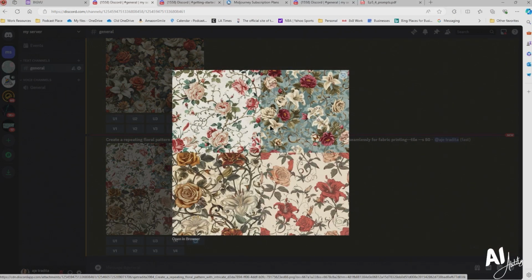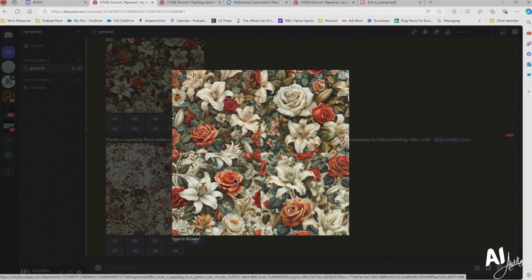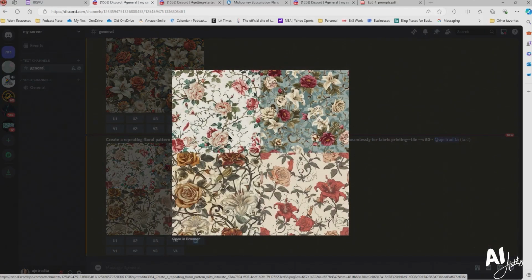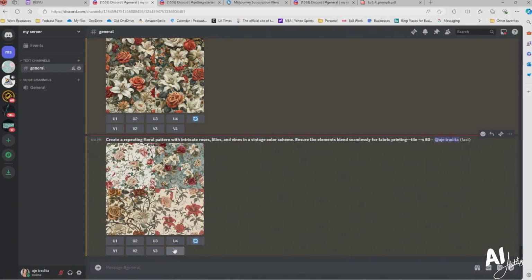So this is with lower stylization, and I actually like it better than the highly stylized one. I think because there's a little bit more background color, and it's not so overcrowded with the flowers. It really depends on your use case. All of these are really quite nice, and if you broke them apart, you would actually have repeating tiles. But I think these are my favorite out of the bunch. And if you liked one in particular, you can always upscale it, or you can get more versions of it down here. So we're going to take a look at a few other things that Midjourney can be used for,